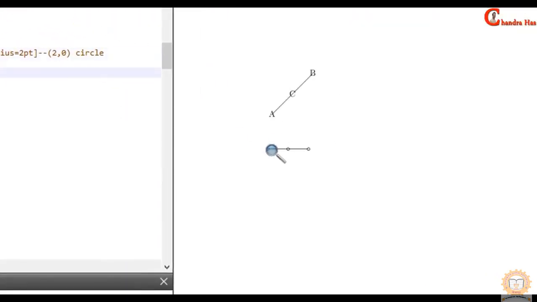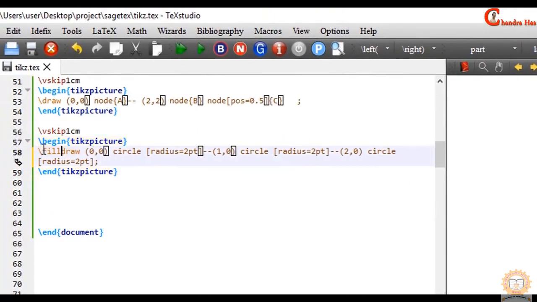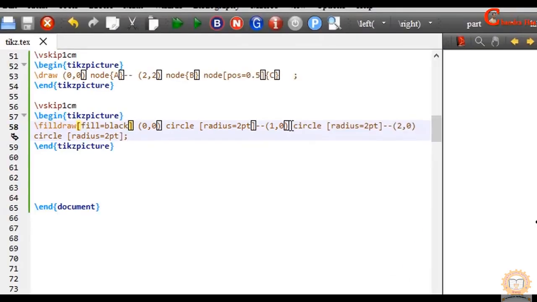Here we can use a filled circle with the help of the filldraw path command. Either we can use the filldraw path command or we can use fill and draw path commands separately. So I'll write here filldraw, and in a square bracket just write fill equals color. Compile your file. After each point just use node, just copy this and paste here. And here I want to use right.